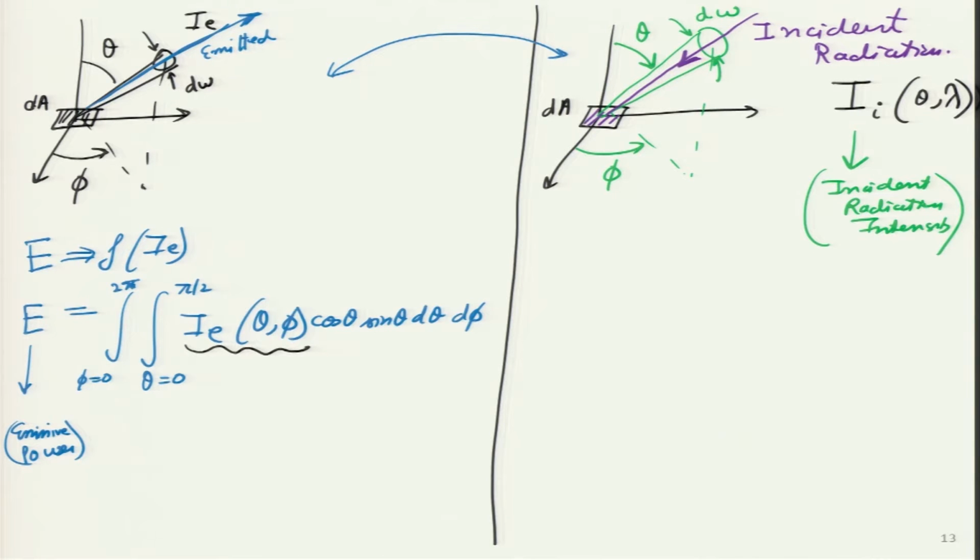Everything else concept remains same. The zenith angle could be theta in one case, theta for the emitted case it is certain theta, for the incident case it could be another theta. The zenith angle could be something over here, and for the incident it could be something, and the solid angle was d omega here, and here also it is d omega. So, it is kind of analogous to one another, it is just that the direction has totally reversed. In the emitted case, a surface is emitting radiation in all the direction in the hemisphere. In the incident case, this particular surface is actually being incident by radiation from all across the hemisphere.